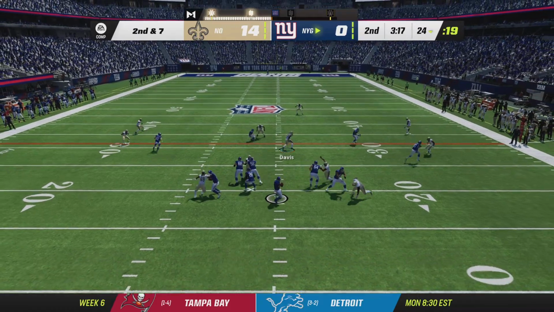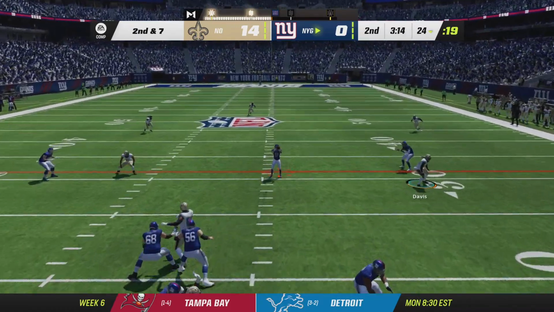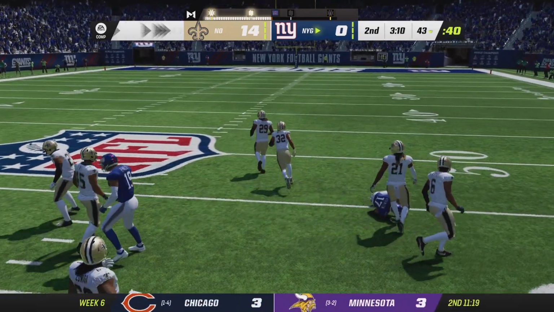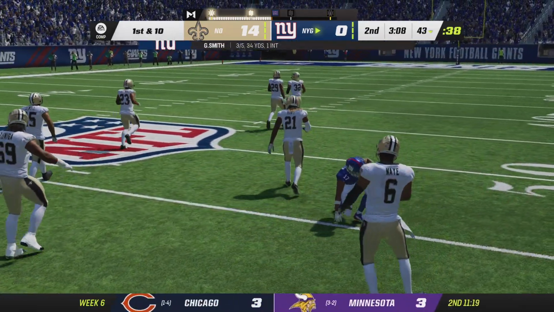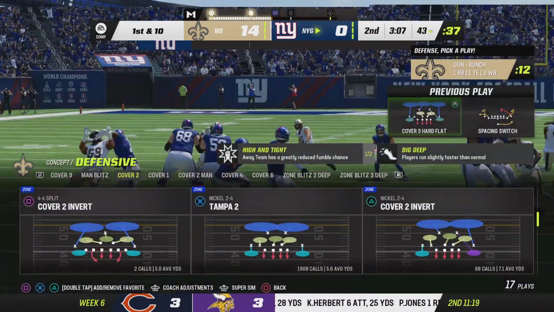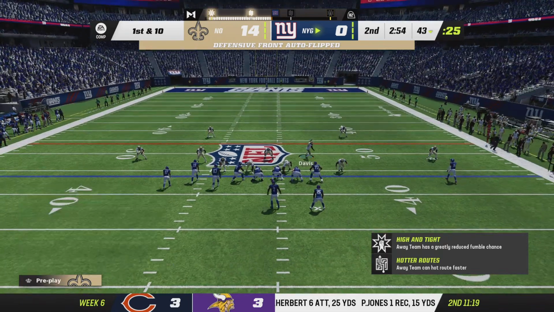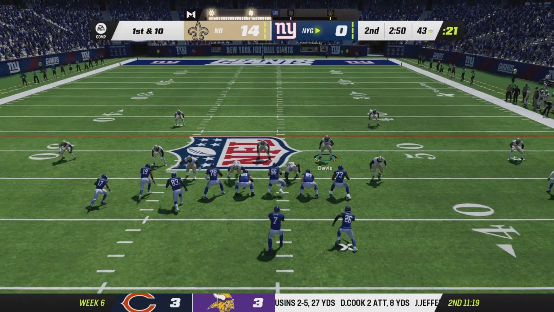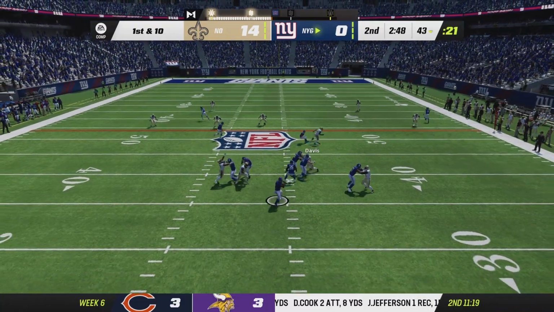Throwing again on 2nd down. Smith. Pass is caught by Wan'Dale Robinson. And they get him down, but not before he takes it across the 40-yard line. 19 yards there on the catch and run. And that's a more than acceptable read right there, because it's zone coverage, so timing is everything. This time he waits for his man to come open, puts it right on him, and they pick up a